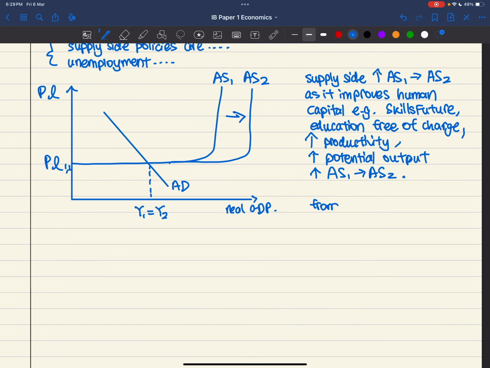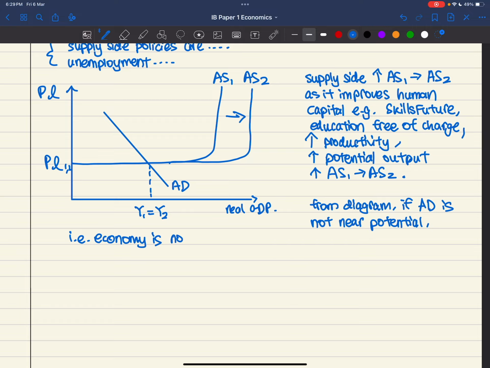From the diagram, if AD is not near potential, i.e. the economy is not operating at full capacity,